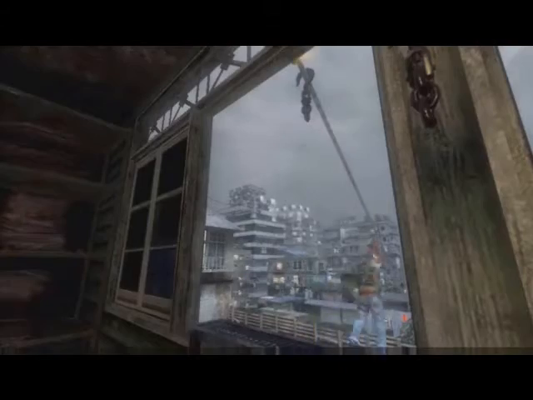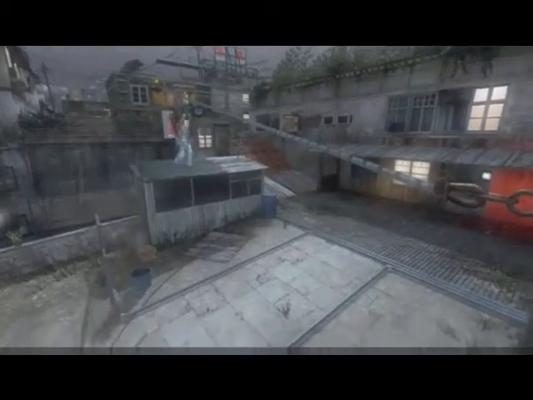MP. Kowloon is the only map that has zip lines, which will allow players to quickly get from point A to point B. The trade-off to that is that you're completely exposed while you're on the zip line. You can't use your weapon. It's going to get you to your location much faster, but there's also the risk that you're going to get